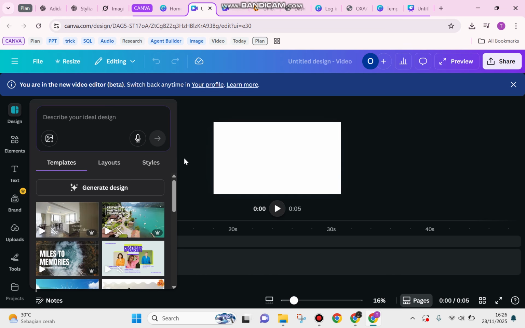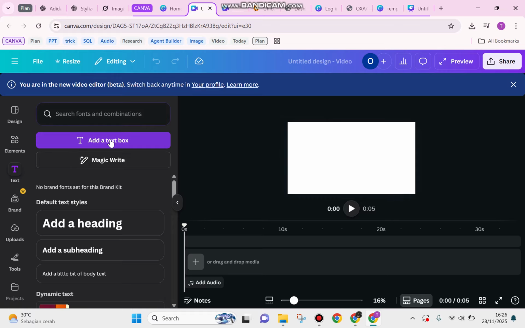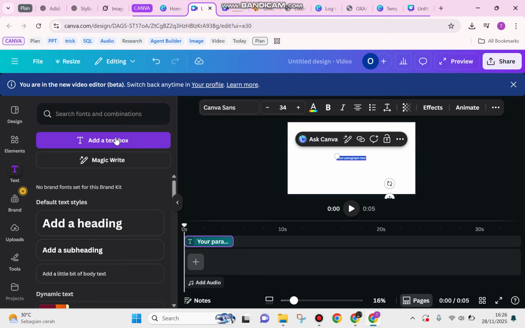And after that, you can start to create the circle. However, the way is going to be a little bit different. You will start from this text and click this add a text box, and here you can start to put the underline in a section. For example, this one, underline as much as you can like this. And after that, I will select all, and I will thicken it or make it bold